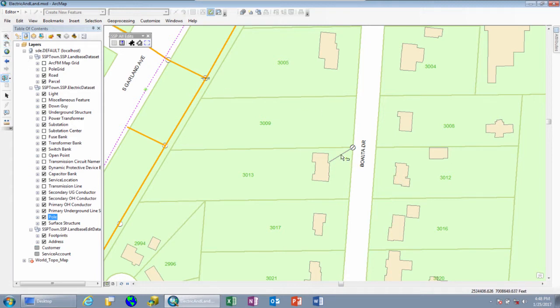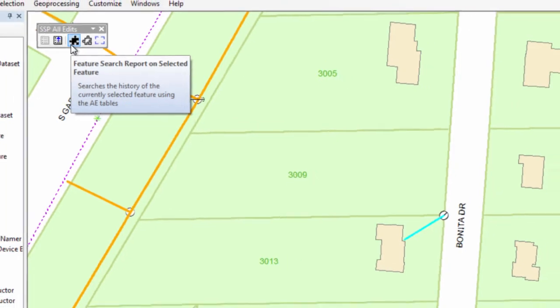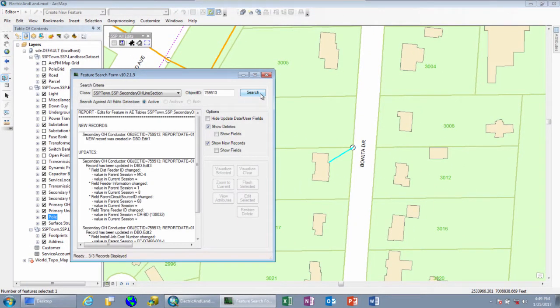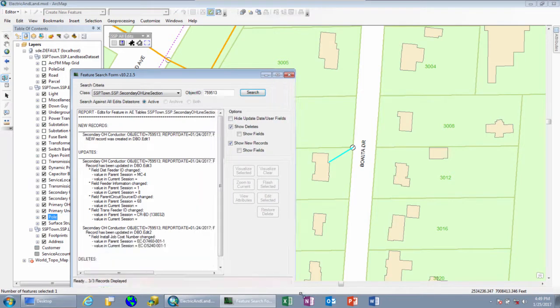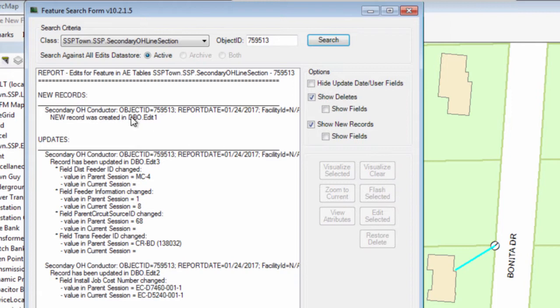So the first thing I can do here is to select the individual secondary. And the first new tool I want to show you is the ability to do a feature search report on the selected feature. So this allows me to search the history for this individual secondary record. And it's not a specific version, it's searching across all versions in the past that have been posted. In this case, if I take a look at this report in more detail,